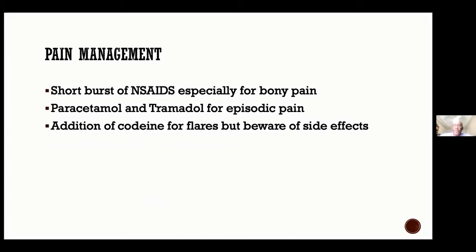And then you could source some codeine. It commonly comes combined with Panadol, so something like Pethidine. Just remember that with the combination drug, you can't use paracetamol or acetaminophen separately, because there's already Panadol in it. So you could overdose on Panadol, yeah? So with all the combination drugs, such as tramadol, you use them alone without paracetamol. And if you use the codeine combination, you use that without paracetamol, because it contains paracetamol. So you have to beware, look at the label, and make sure that you don't have any extra acetaminophen or paracetamol that you're using.